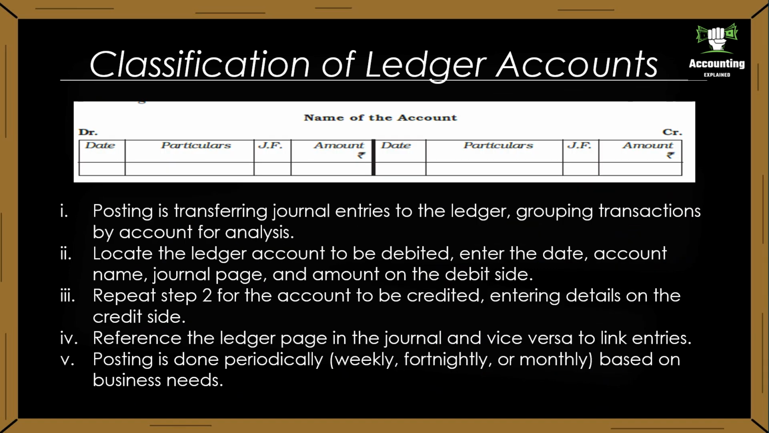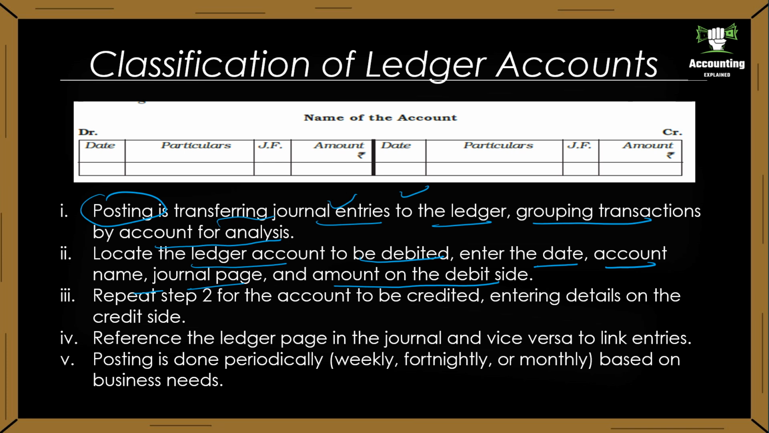Posting is transferring journal entries to the ledger, grouping transactions by account for analysis. So posting is transferring journal entries to the ledger. Locate the ledger account to be debited. So we have to locate whatever the account to be debited, enter the date, account name, journal page and amount